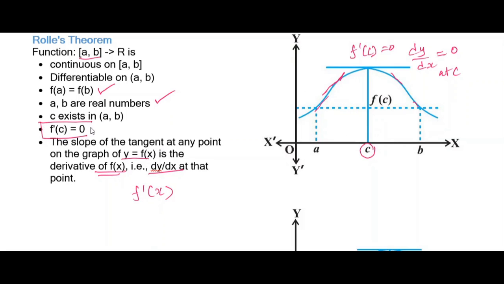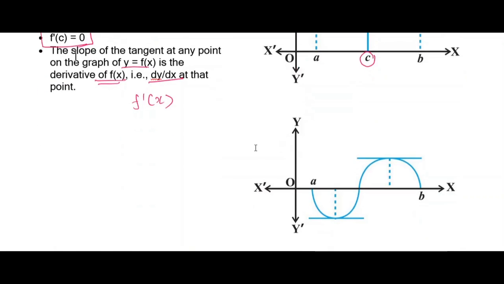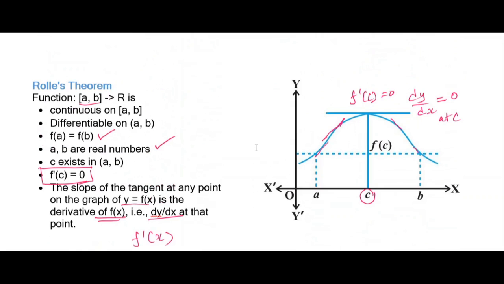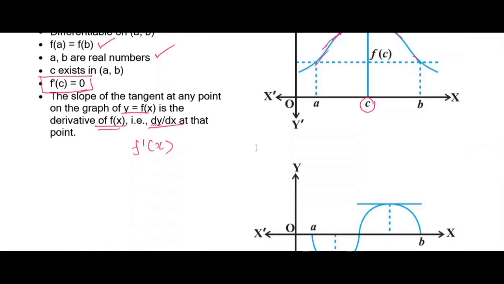Do you understand? So according to Rolle's theorem, when we have got 2 points in the closed interval and C lies in that interval, there exists a differentiation. Do you understand? And mean value theorem is considered to be the extension of Rolle's theorem. So we can apply the same Rolle's theorem in this graph also.